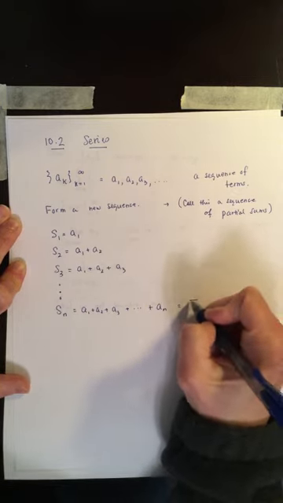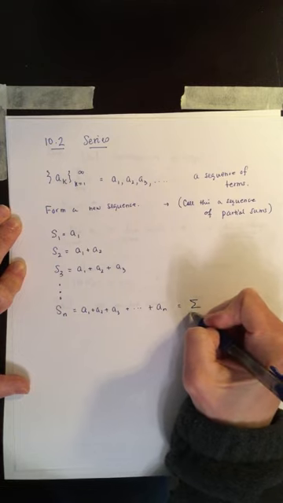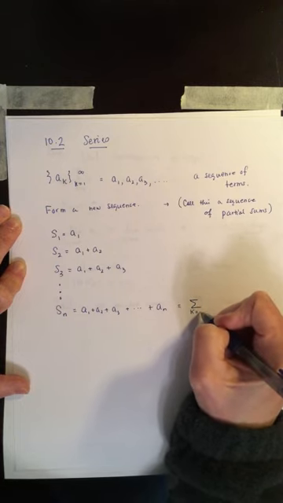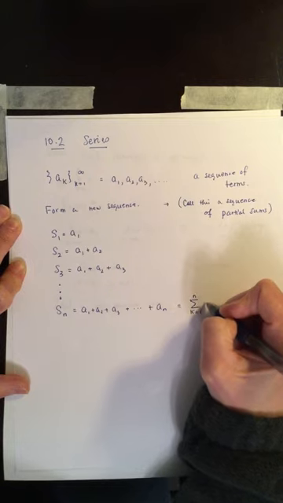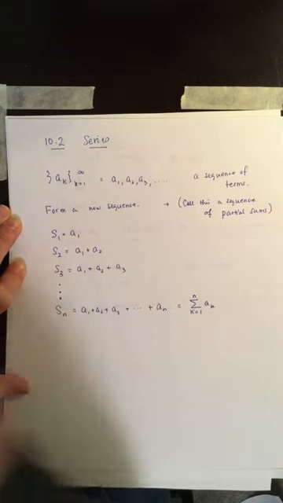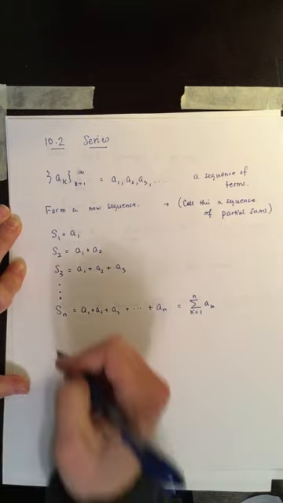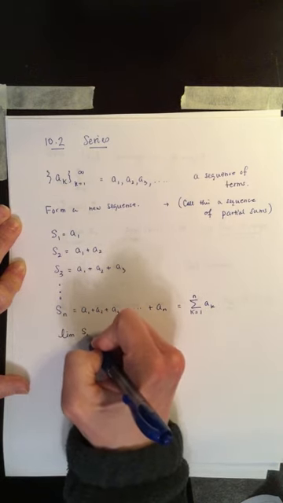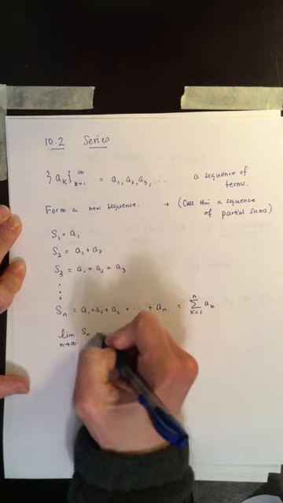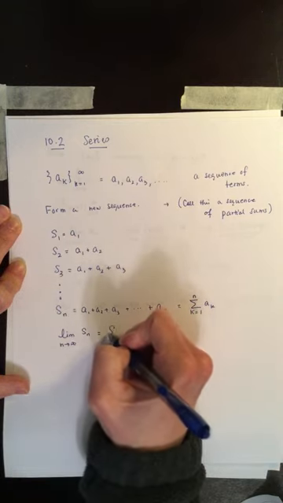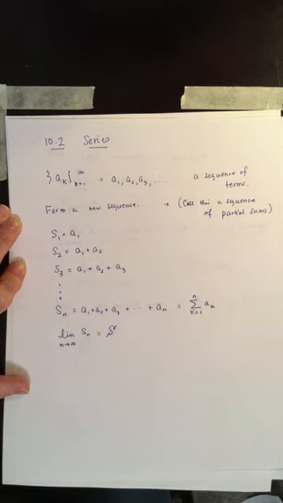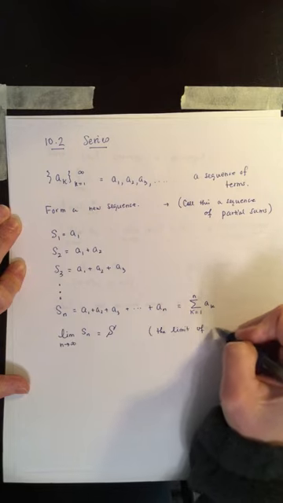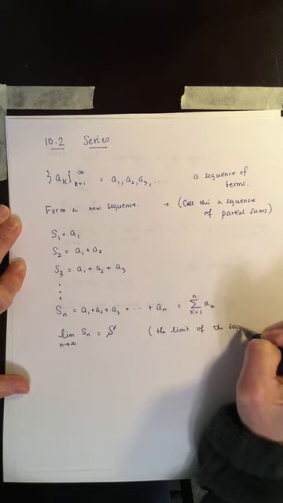And then we can use some shorthand notation by saying it's the sum, k going from 1, stopping at n, of a sub k. If we look at the limit of this new sequence, so the limit of S sub n as n goes to infinity, if this sequence converges, which we'll write as script S, so in other words, the limit of the sequence of partial sums